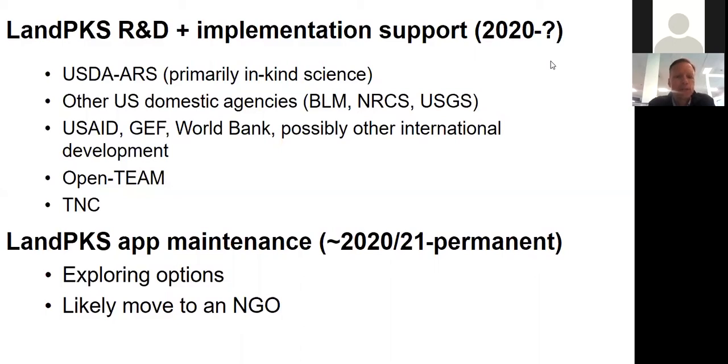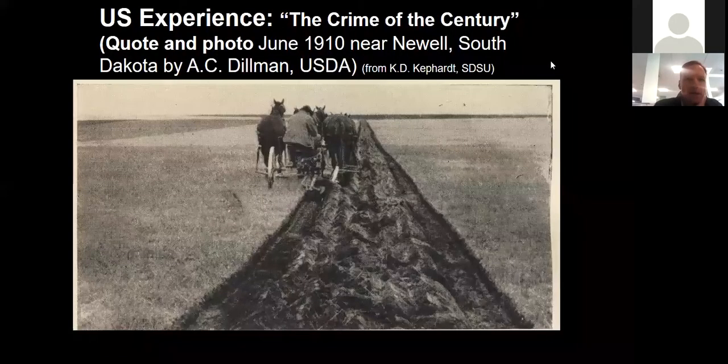However, we are hoping to switch fairly quickly, move the app out of the federal government / university system into an NGO, or at least move it to a university sort of body that is a little bit more flexible in the way that they can support the continued development. This is where we started, the crime of the century, which was basically what led to